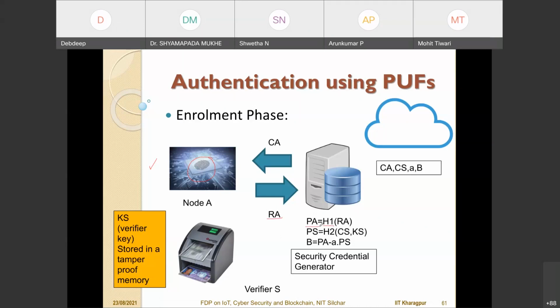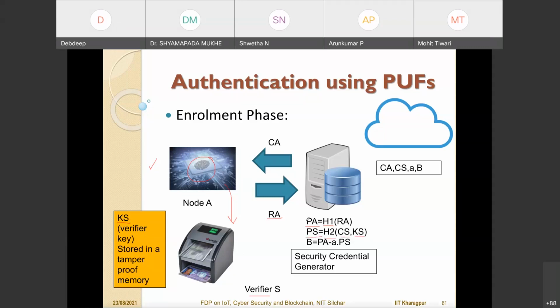Okay, and then it knows that this device will communicate with a verifier. Since it's a verifier, it can be a server, so it's a heterogeneous IoT kind of system. The verifier has a memory in which it holds a secret key, which I call K_S. Now I take another randomly generated input, called CS, apply it along with this key which the verifier has, and apply a hash function